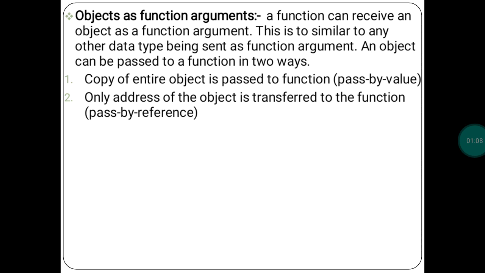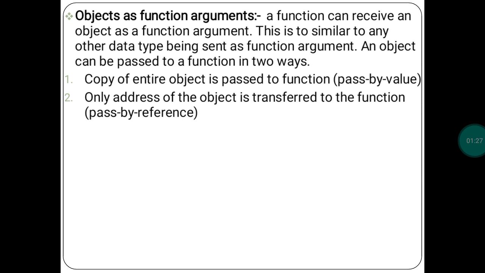That is called pass by value. Using the objects you can pass the arguments to a function, the entire value, all of it, that is called pass by value.